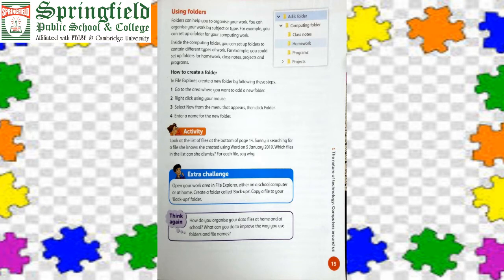Now how do we create a folder to organize our data? Folders are basically our storage boxes, just like the storage boxes we have at home through which we store things in a refrigerator. Refrigerators have lots of space, but how do we utilize it? We keep the things in small boxes and place those boxes into the refrigerator, and in this way we can store a lot of things in it. We can easily take things out when we need them, without creating any mess. The same is the case with computers. Computers have a lot of space. How we organize and utilize them depends on us.